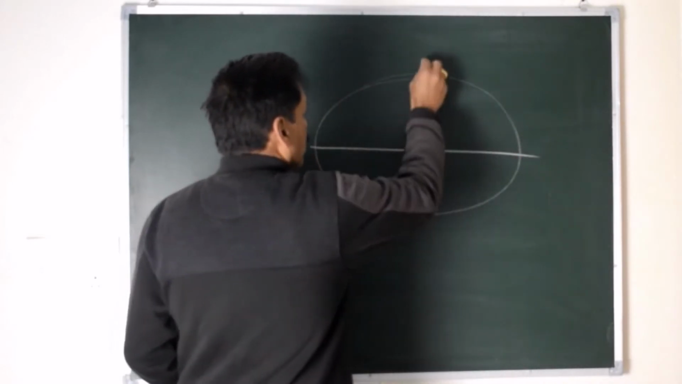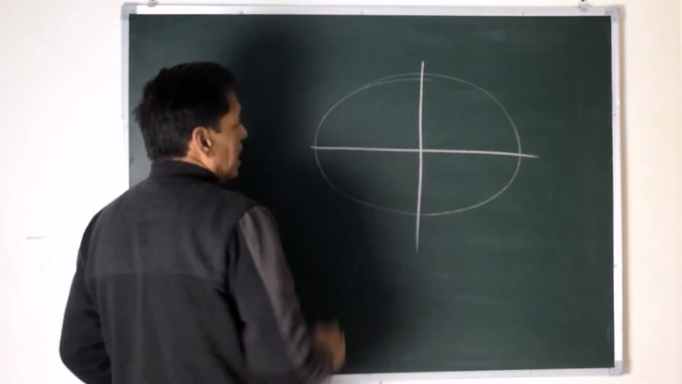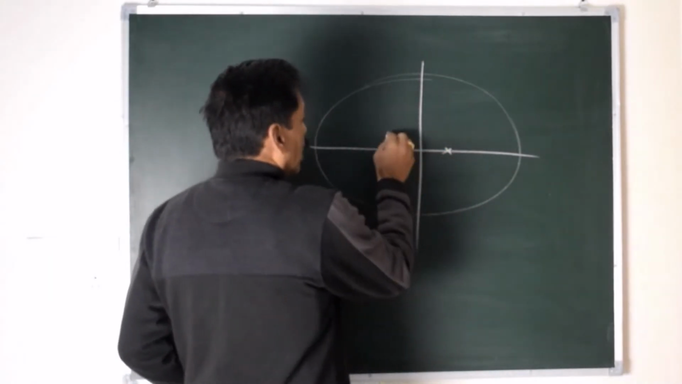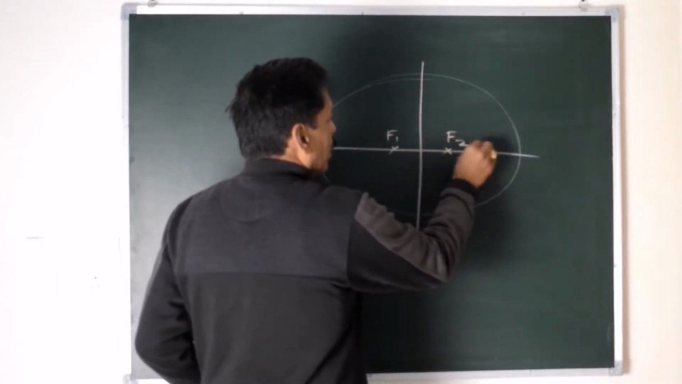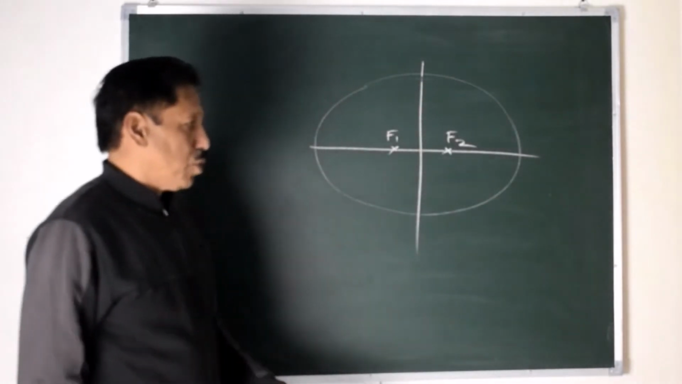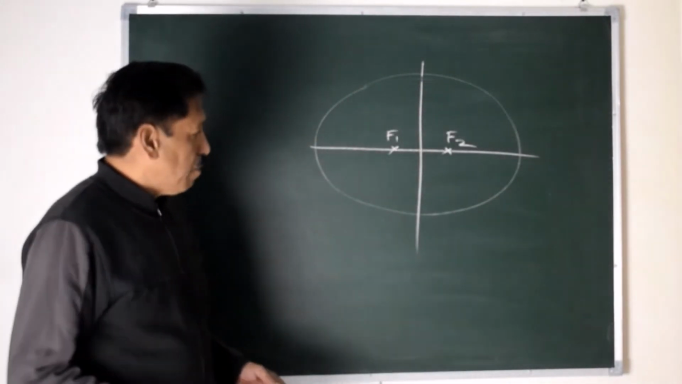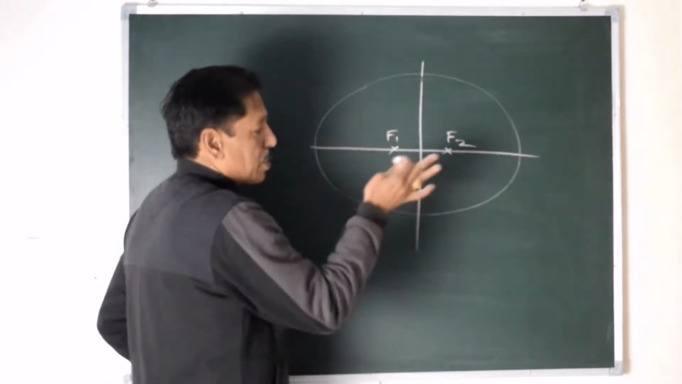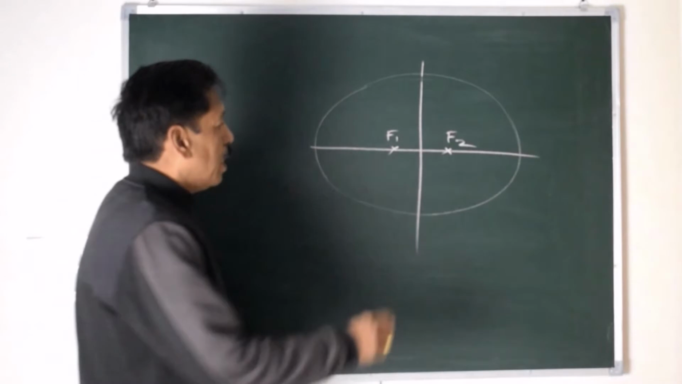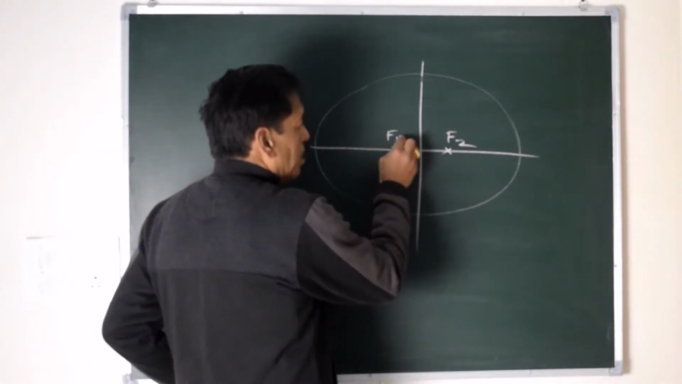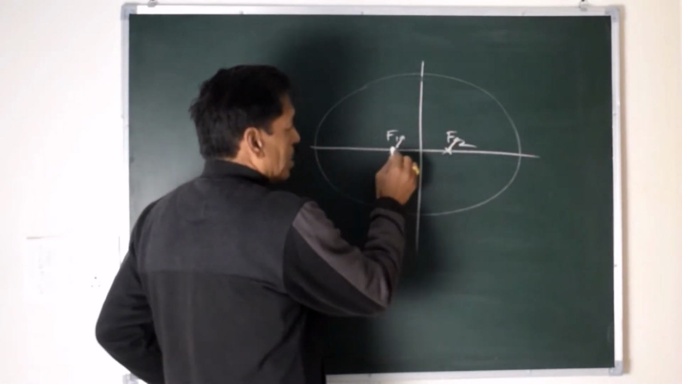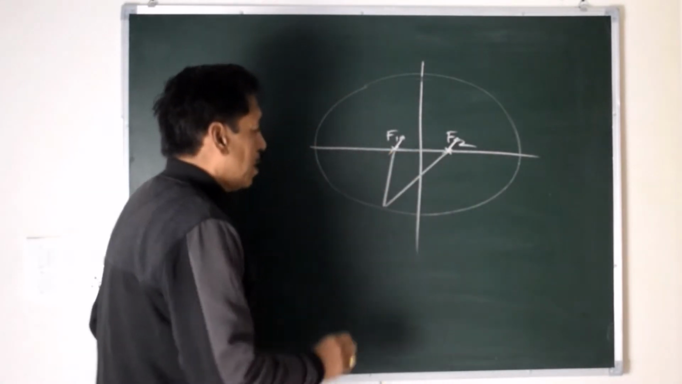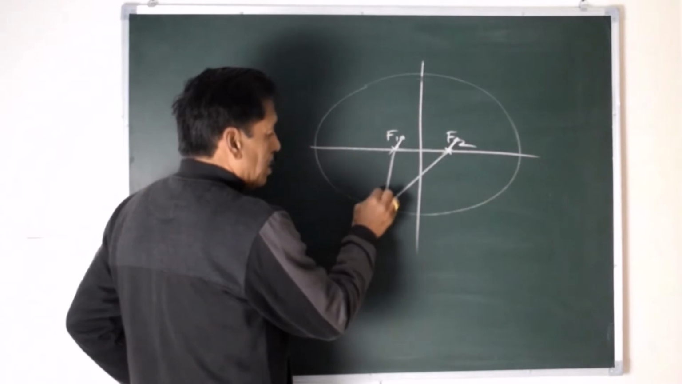major axis, minor axis, right? Then the ellipse has two foci, F1 and F2. Now how do you understand the foci? Suppose this is a paper and I put two nails over here and I insert a thread, put a stylus or a pencil over here,